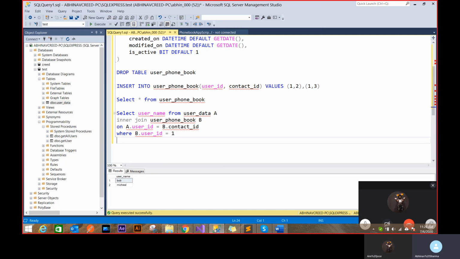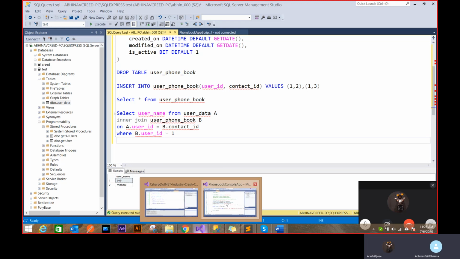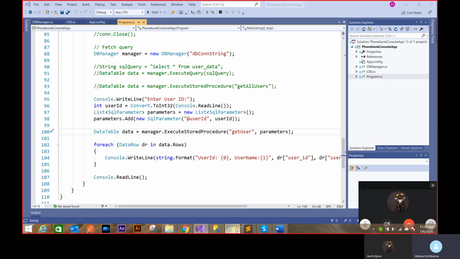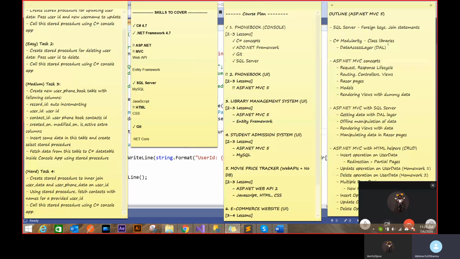Before doing that, I will be explaining a concept of class libraries. Whatever DAL layer that you have created, DB manager, that's very helpful. I should somehow use that in different projects. I don't want to recreate execute query, execute procedure, and all those functions everywhere when I start a new project. I should make it modular enough that I can just take it out, plug it in, and use it instantly.